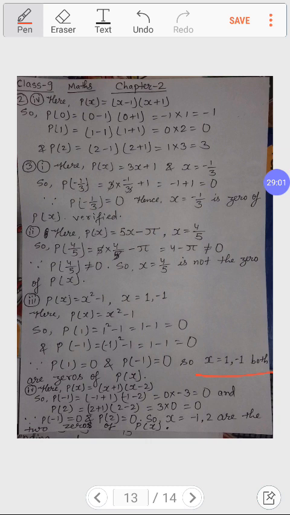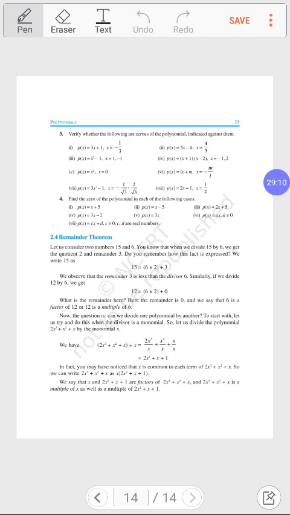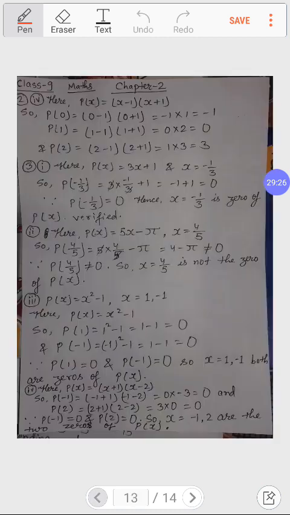Question number 4, here p(x) is equal to x minus 1 times x minus 2 was there. In question 4, if you will see this side in the page itself, p(x) is equal to x plus 1 times x minus 2, and you have to check for the values minus 1 and 2. So the same thing I had done over here. I had written here polynomial p(x) is equal to x plus 1 times x minus 2, and once I had kept minus 1, p(minus 1) becomes minus 1 plus 1 times minus 1 minus 2,